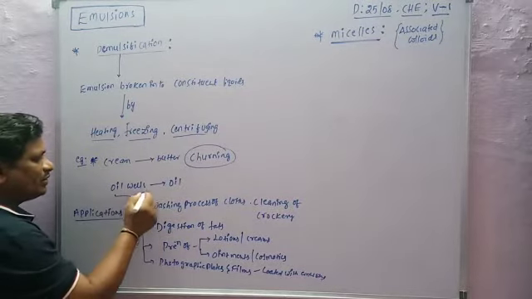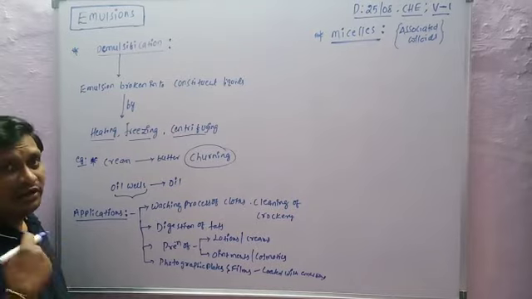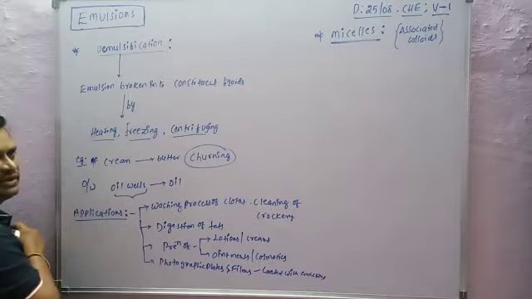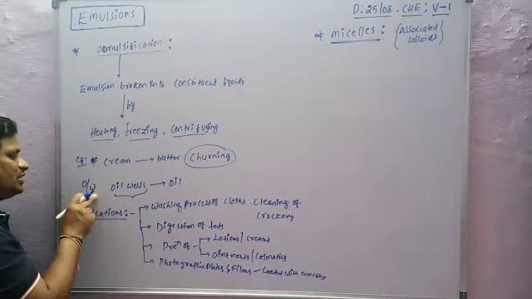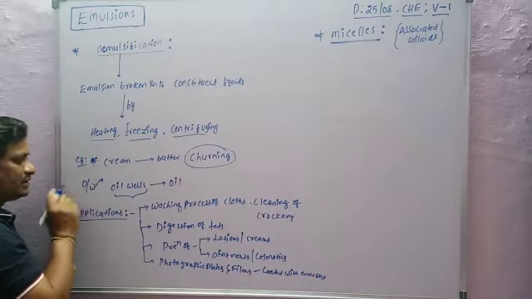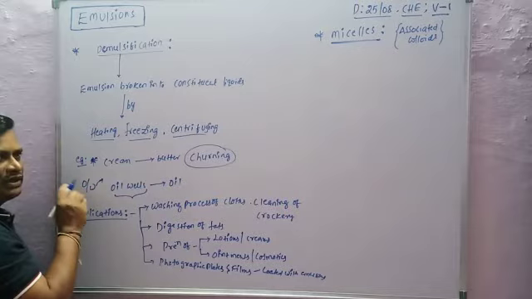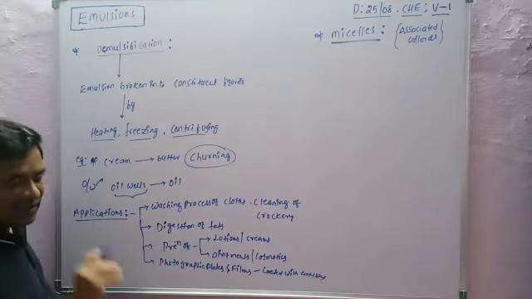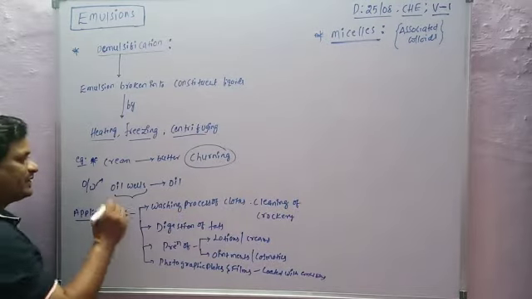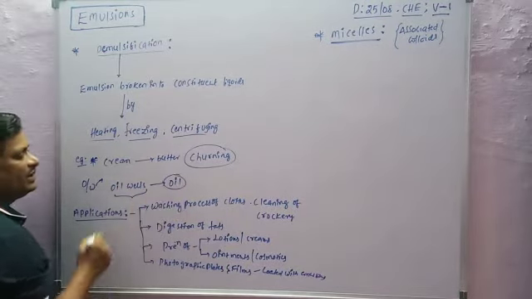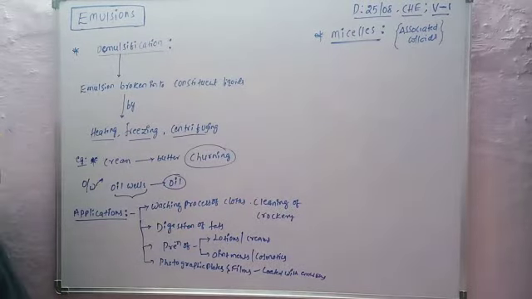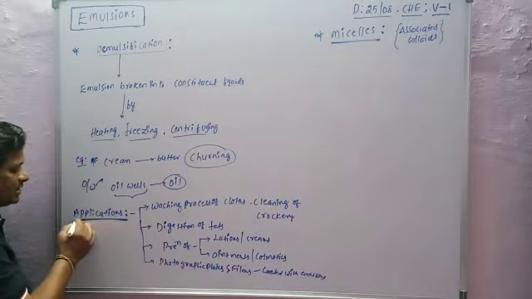Same as, for example, if you take oil wells. Oil wells contain an oil in water type of emulsion. In this emulsion, water is removed from the oil, so the oil is separated. So this oil in water type of emulsion undergoes de-emulsification, and then the oil is separated in oil wells.